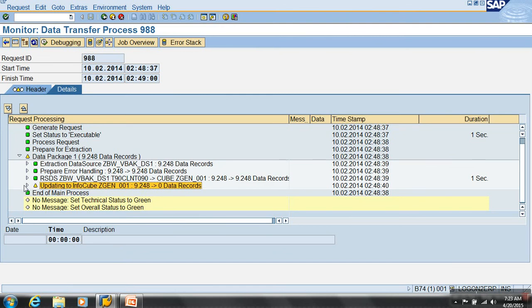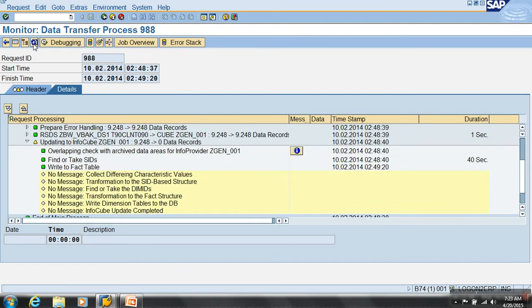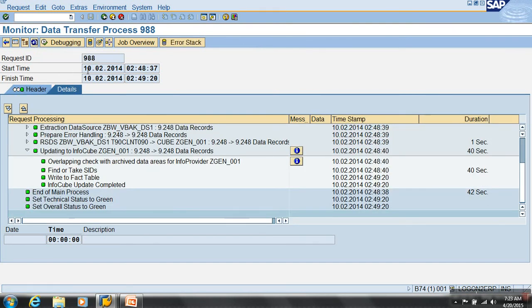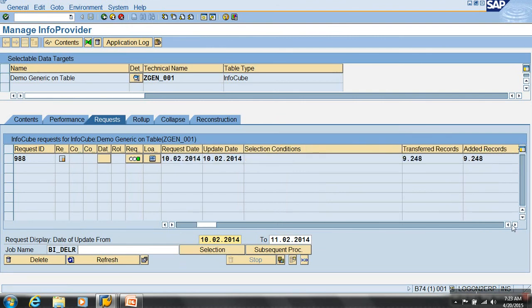It is taking time updating your target. Done. So now we have the request loaded with 9248. This is generic extraction with tables. Simpler, yeah.